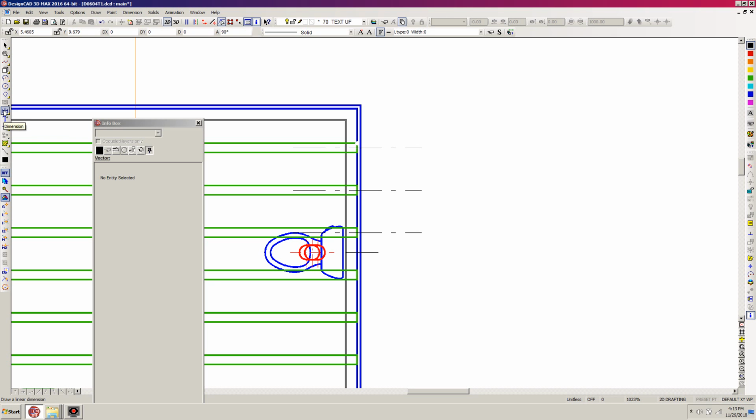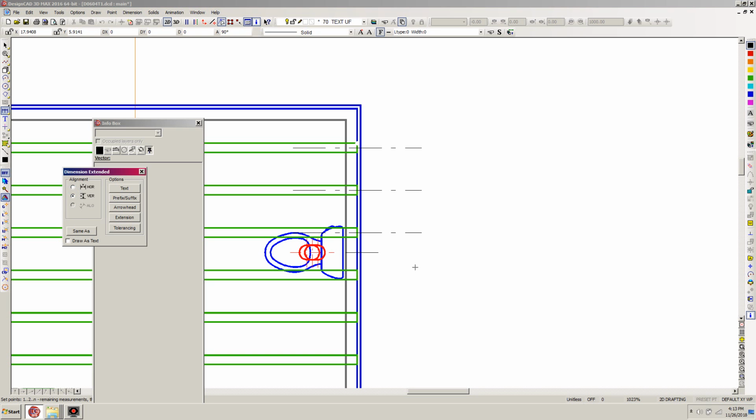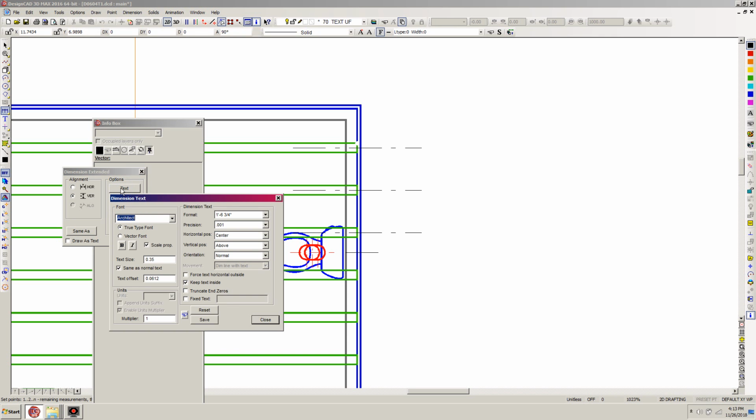So I'm going to go over here to my dimension and hold down there and go out to my dimension extend. And you can see down here what it is. And here's dimension extended. So we're going to be going vertical because we're dimensioning down in this direction. Check out a few things here. Make sure our text and all that's good. Text offset is not good. So that should be